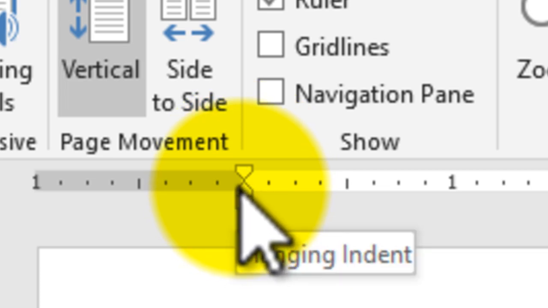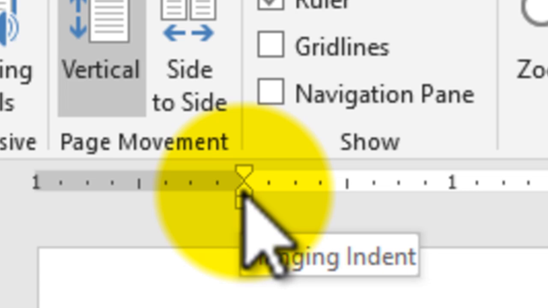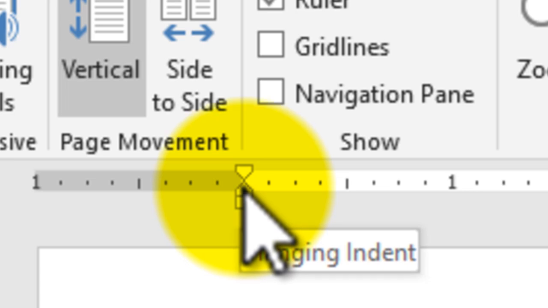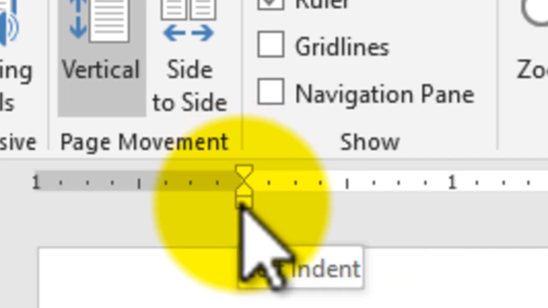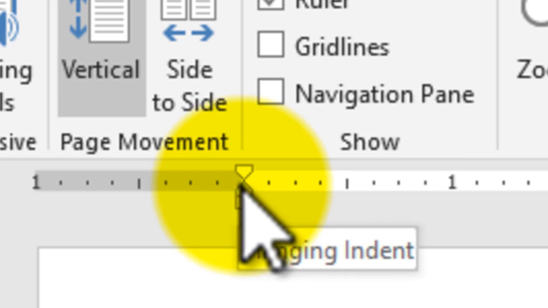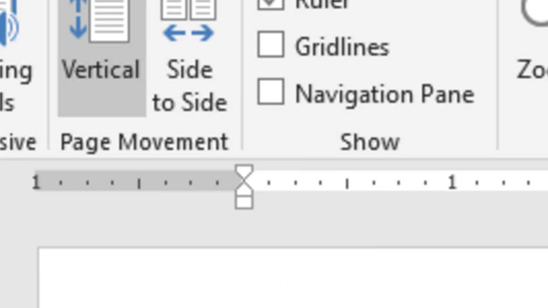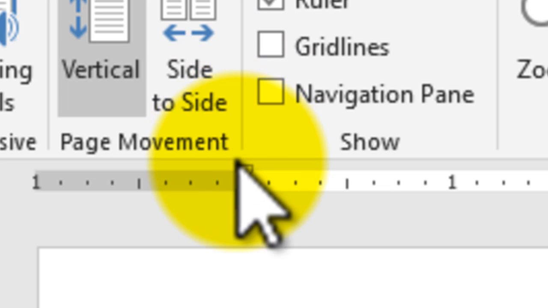You come to this triangle that is facing up. It shows that it makes the selected text hanging. Then we come to this one, left indent. This pushes the selected text inwards. So if you want to apply, because when we come to essay writing, you're always supposed to use paragraphs, and